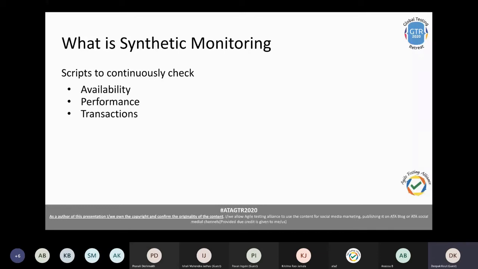So let's start with real user monitoring first. Let's say you have an e-commerce site which is available to people in multiple geos, let's say APAC, North America and EMEA, right? And you want to monitor your website for uptime and availability, and at the same time you also want to keep a check on some of the user statistics.